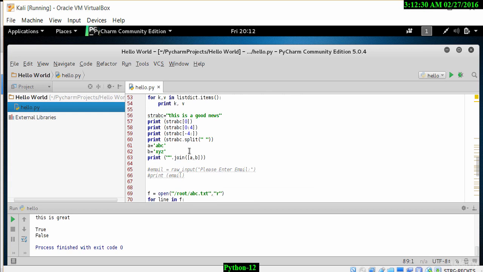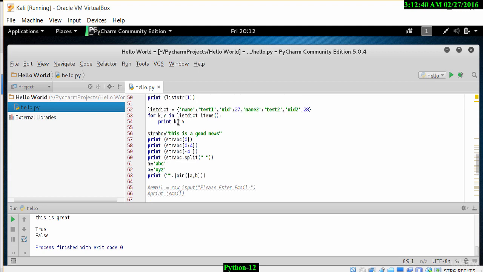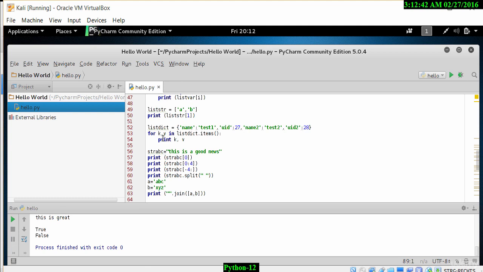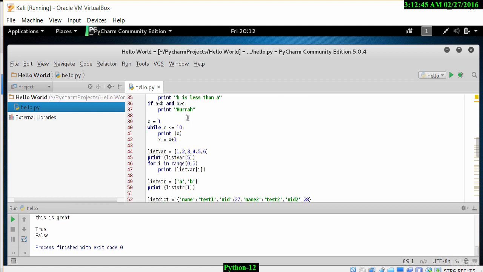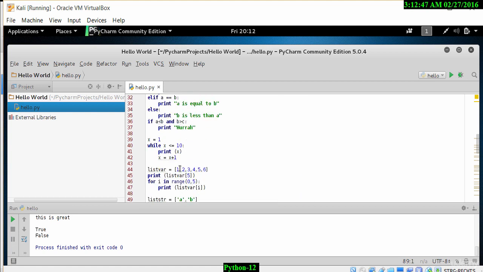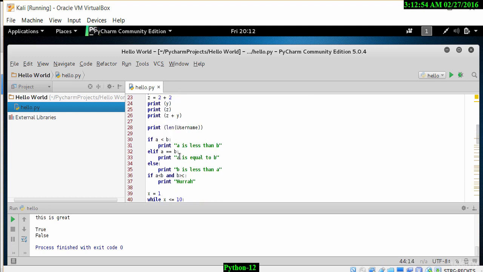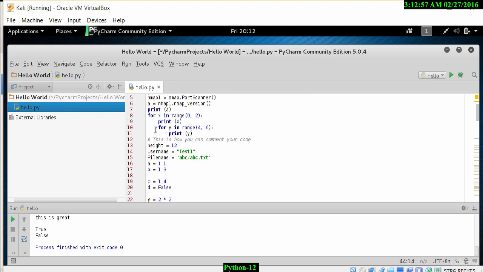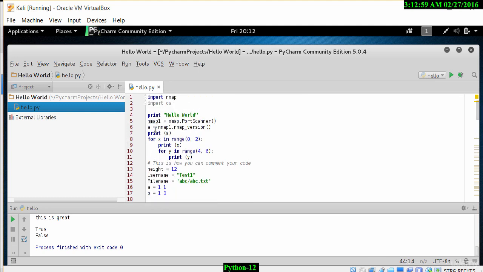We've been able to look at how to print line by line from a file. We've looked at strings and how to split those strings, how to join the strings. We've looked at the for and while statements. We've looked at dictionaries. We looked at strings again. We've also looked at variables, integer variables, etc. We've looked at how to print in a range. We've looked at if, else, and elif statements. We've even looked at how to import a module and how to use that module to do some basic types